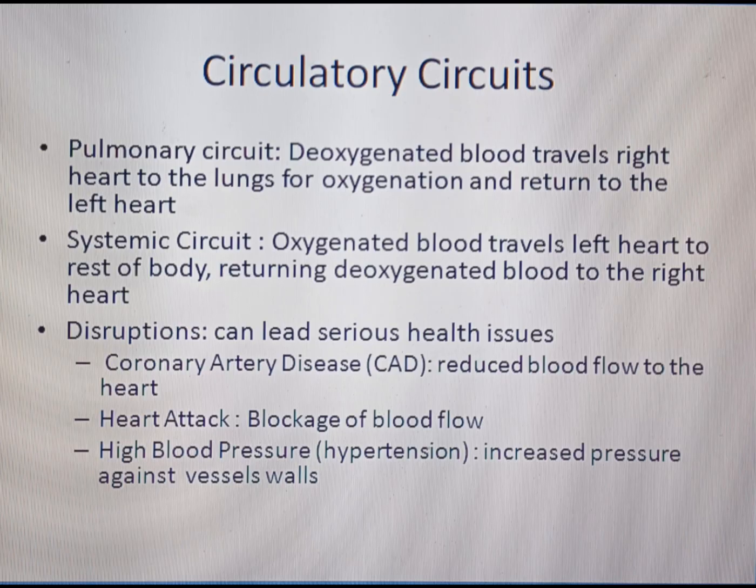Stroke is the interruption of blood flow to the brain. Heart attack is the blockage of blood flow to the heart. And high blood pressure is